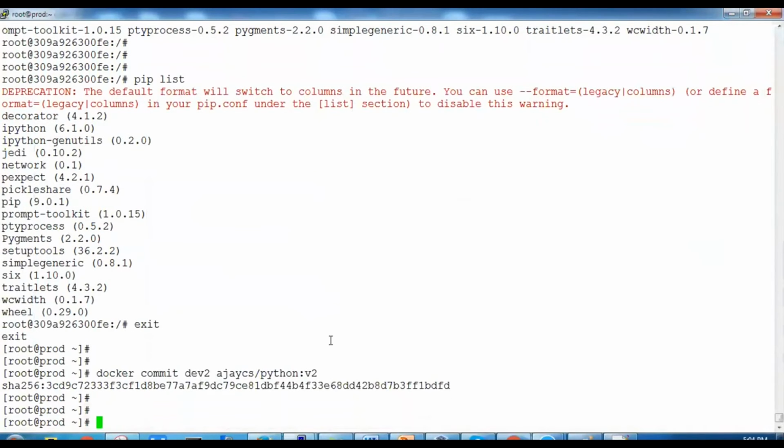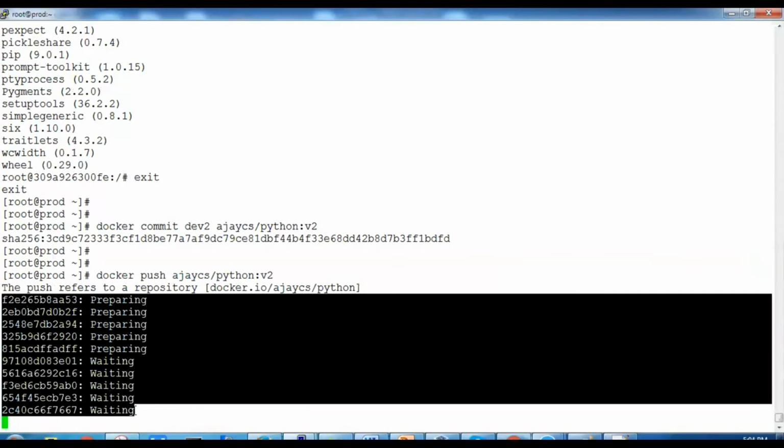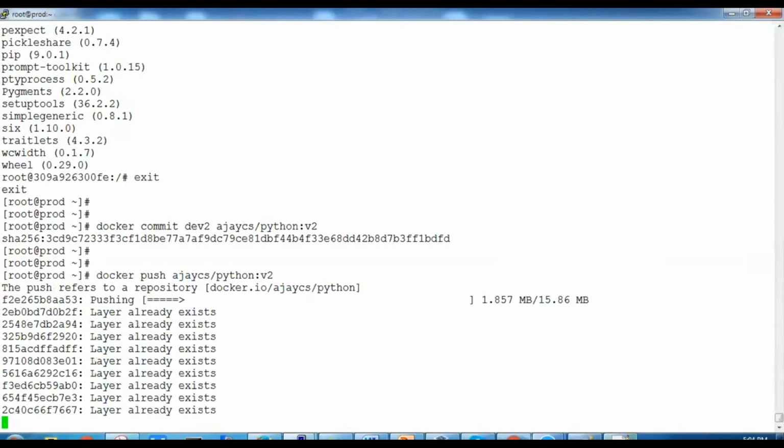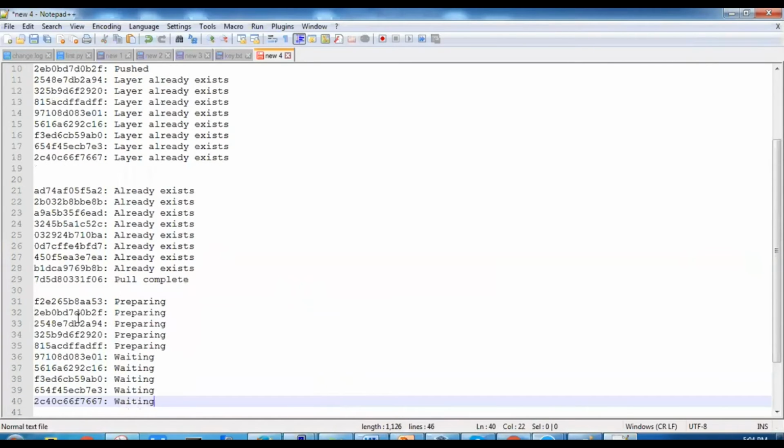Now let's push it. So docker push, and after that the complete name, and where we have to save it, in v2. So we'll copy this, and now the interesting thing is that most of the layers you will get as already existing.